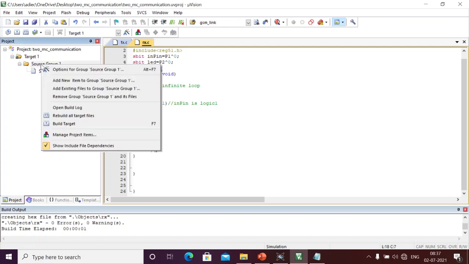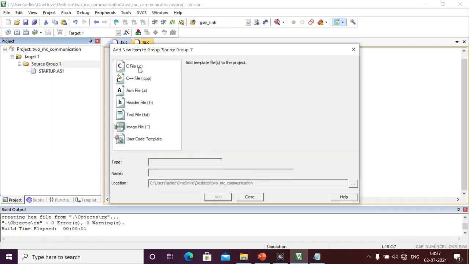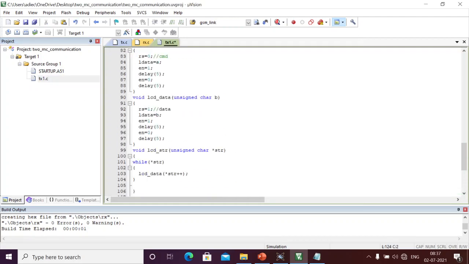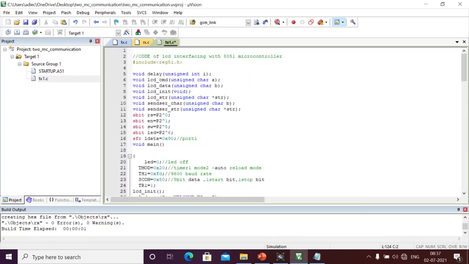And right now I am going to take a new .c file. Okay, this is my tx1, I will consider it as the second use case, right? I will mention the tx1 .c file, extension is .c. Okay, right now I am going to write the tx1 .c file. And here LED is not required.